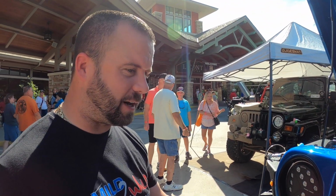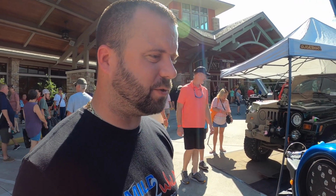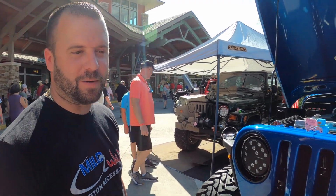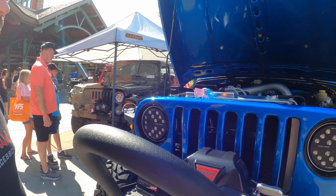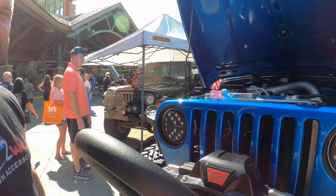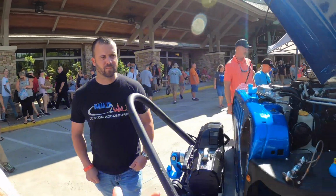It's got Dana 44 front and rear axles in this. Changed the gears. Everything's been changed on it. Everything's been changed. The whole thing's been painted underneath the top. Wow. Your friend was showing me some pictures. It was yellow, but also it had